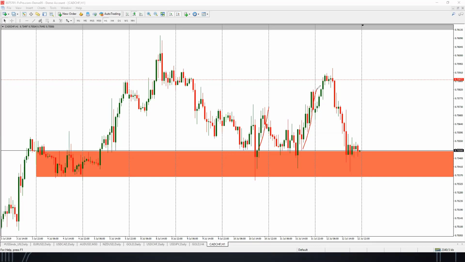You see, oh, CAD CHF, we have hit a strong supply on a weekly time frame, right? But the market is going down. Where is it going down to? You look for a short-term demand level where it's testing. You see, like here,